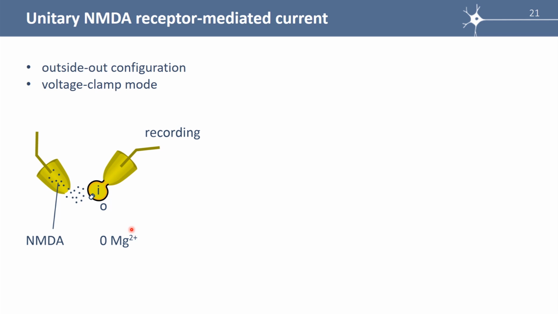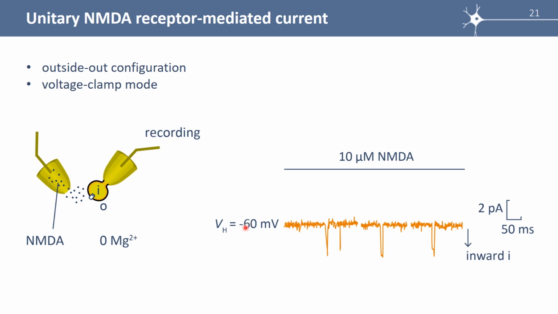It happens that in the course of their experiments, researchers found that magnesium ions block NMDA channels. So what we are going to do at first is to record without any magnesium ions in the bath. It's a bath devoid of magnesium ions. Thus, we hold the membrane potential at minus 60 millivolts and we record an inward current, quite large. And if we hold the membrane potential at plus 40, now the current is outward. This shows that the reversal potential of the NMDA current is in between minus 60 and plus 40 millivolts.